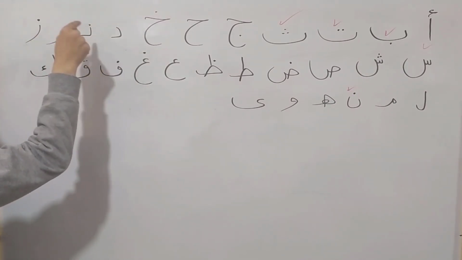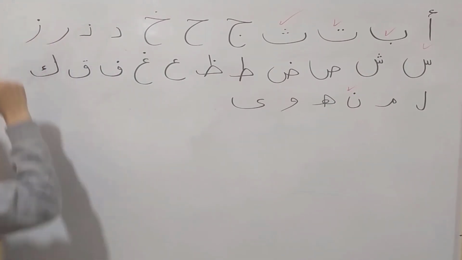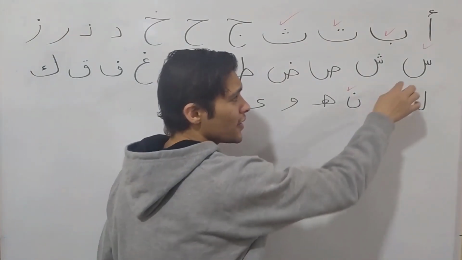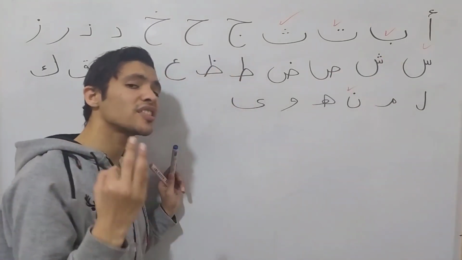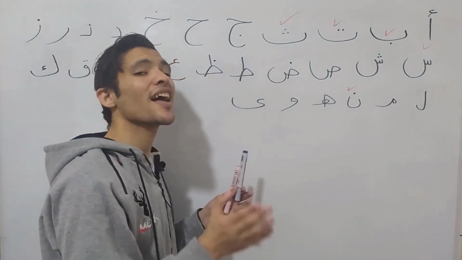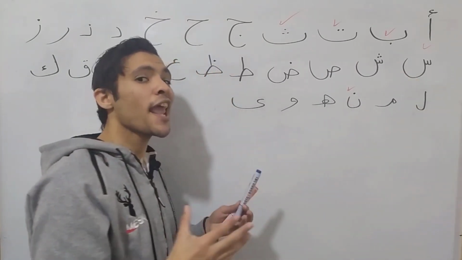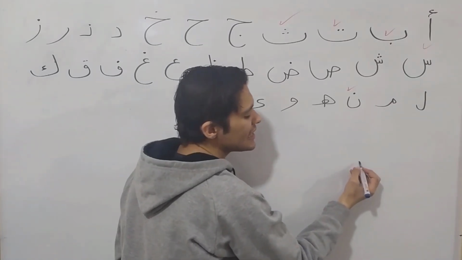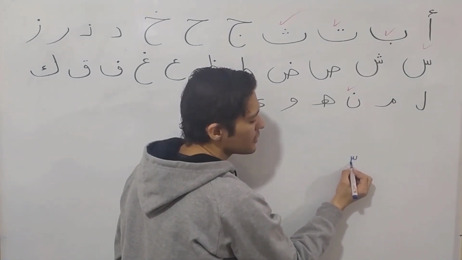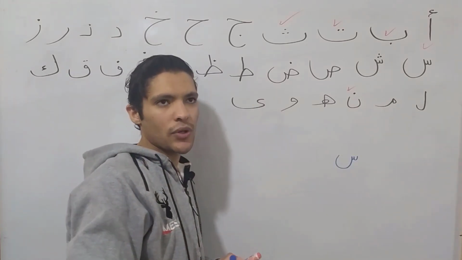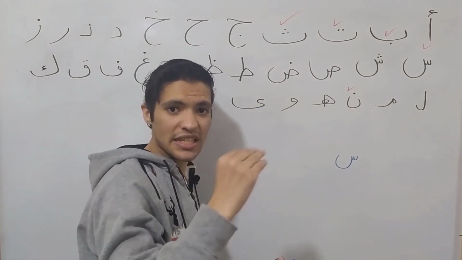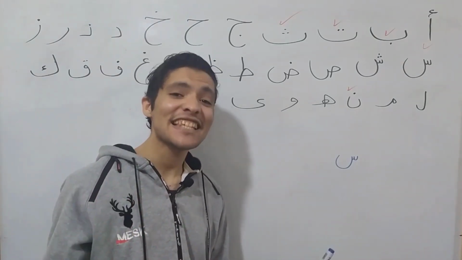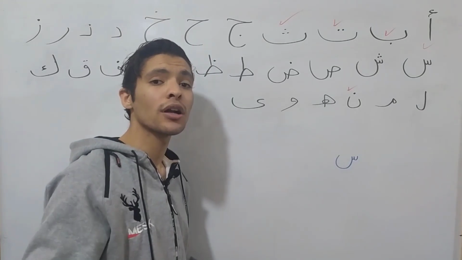Again, del, ra, zain. So these two letters, they look the same, like the same shape, but here there are three dots. Here it's another letter. So this letter, the naked letter without any dots, is called sin. Sin is kind of like when you say, like in English, see, saw, seen. You are the most beautiful girl I have ever seen.